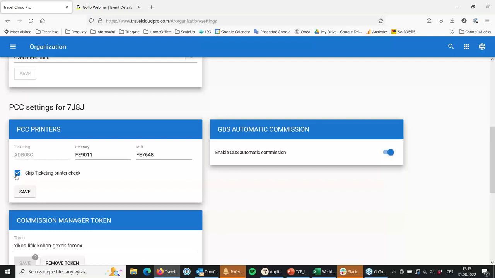For us, it means that when we are doing the printing for you, we are always using the linkage which is over here. By clicking skip, we know that you are in a market where there is no ticketing printer, so we will not check it or require this information. That's why it is over here. Those markets are in the minority, but they exist, so we have developed it in that way that you can skip it in the settings over here.